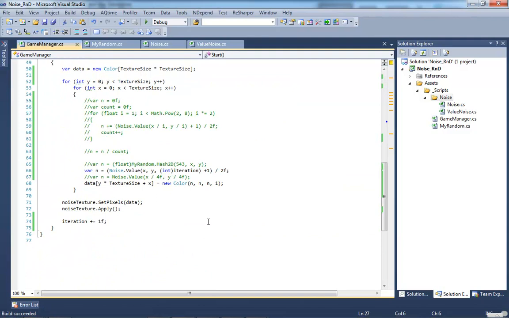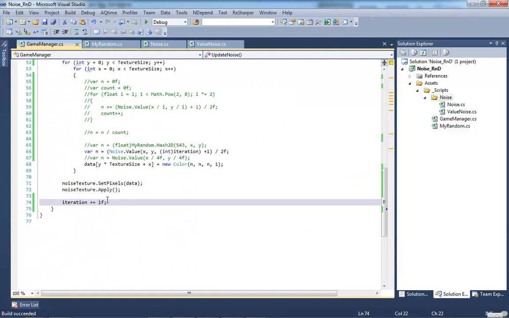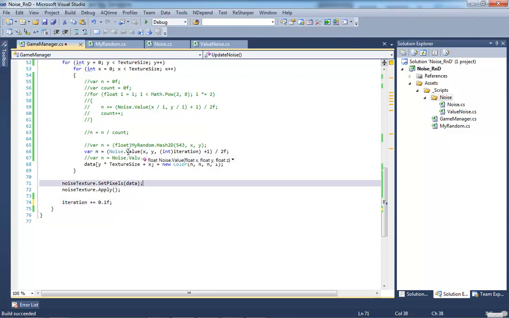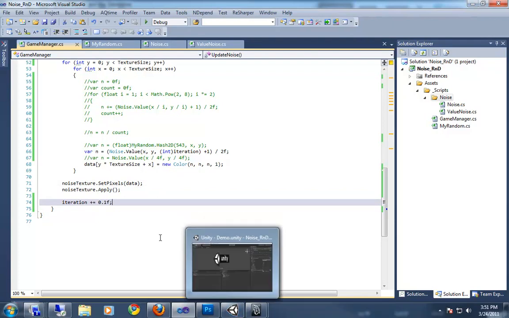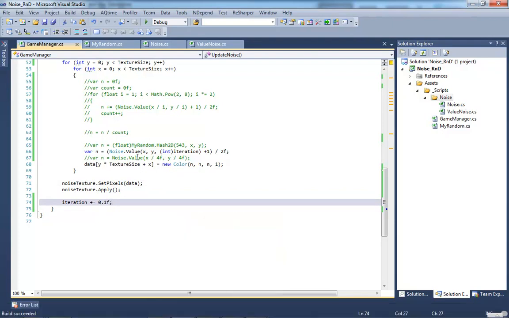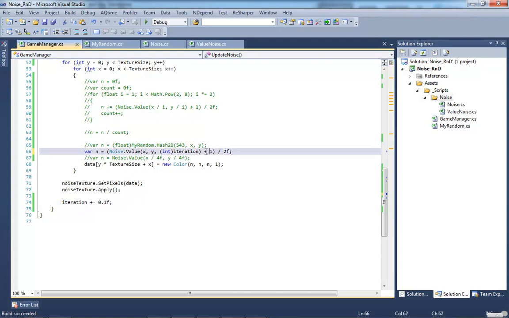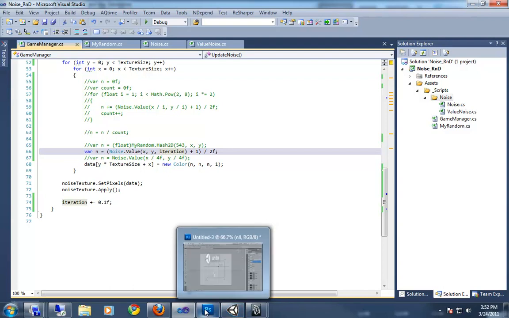And I can probably take our iterations, because now that we're using value noise as opposed to smooth noise, I can use fractional. Do you still want to go back up to your value noise? Go ahead. Do you still want to cast that to an integer, your iteration now? Oh, yeah, you're right. Good catch. We actually want a fractional iteration, otherwise we won't see anything. All right, so now if we run this,